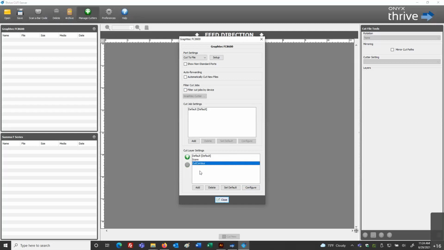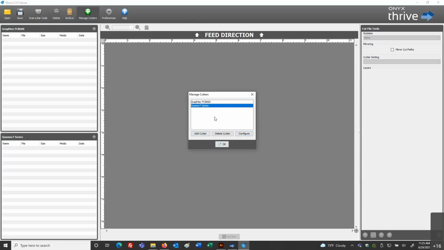This will be the command signal, the order of the command going over to the cutter. First, it'll know to do all the score, then it'll go through and do the cut contour, which possibly is a deeper cut or like a through cut. So we can think through our order of our data here as well. And again, this is optional. We could leave it as default and then tell the touch panel which information we want to take place. Okay, so that's for our GraphTech.